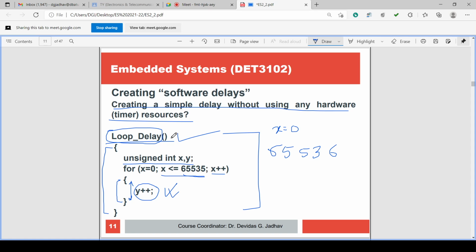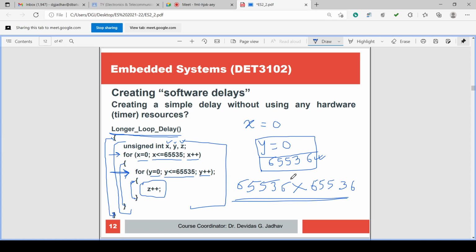So the delay routine is written as a function. Delay is created by writing a function, and in that function the delay routine can be written. So this is one way of writing delay: a single for loop or embedded for loops.